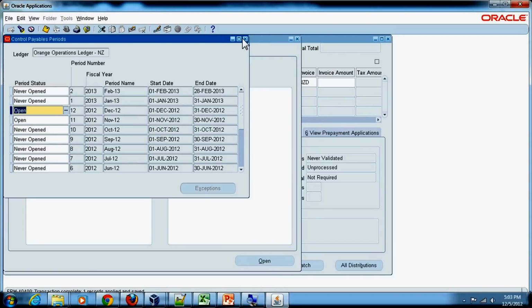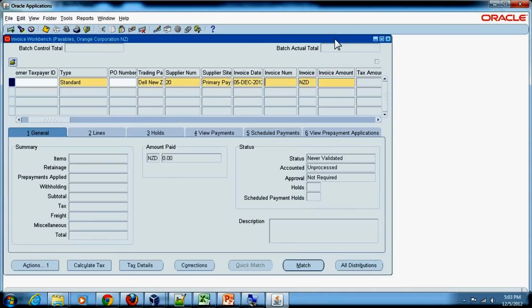Every invoice or payment that you create in payables generates corresponding accounting entries in the background, and those accounting entries go and sit into your accounting periods, and that period must be open for an invoice to be entered. So that's what I have done. That period was not opened, so I've just opened it. Alright, so now I come back to the invoice entry form,